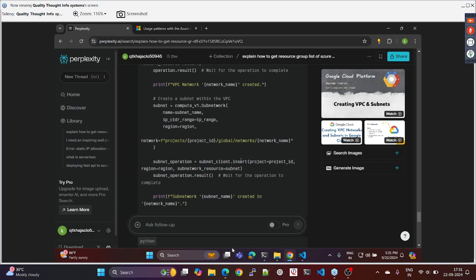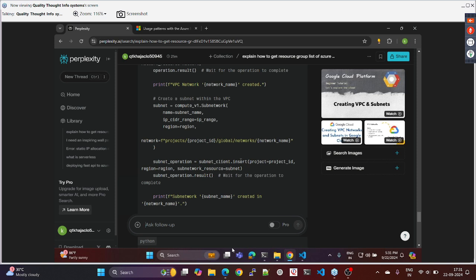To do basic operations, all you need to do is understand what the package is that you are installing and what your activity is. You will not directly get a solution to your problem, but you will get a starting point. From there, whatever you have learned in basic Python will help you build up a logic. Now, if someone says, I want to write a Python code to create a Kubernetes cluster in Google Cloud,